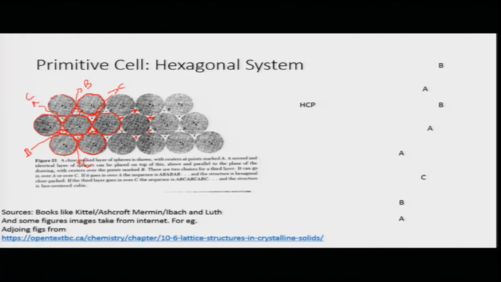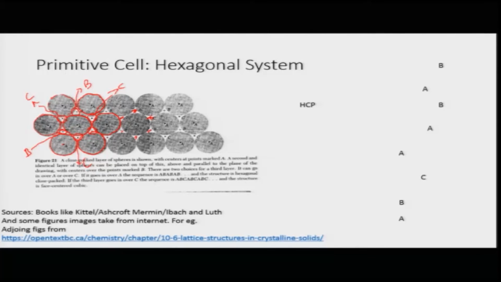Now, we want to make a 3-dimensional structure. I have made on a plane a hexagonal lattice. Now, if I want to make a 3-dimensional hexagonal lattice in the 3rd dimension, what will I do? I will put my set of balls over this point A. These points A, which are the centers of these balls, I can place another collection of these balls exactly in the same tight configuration of these balls.